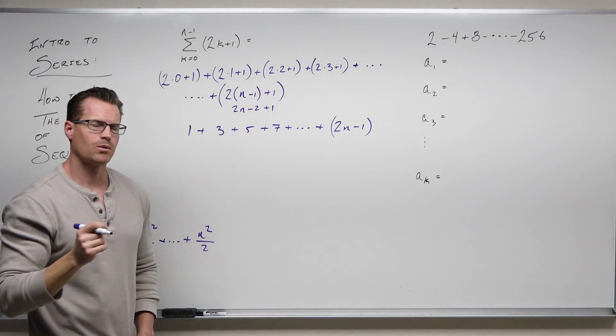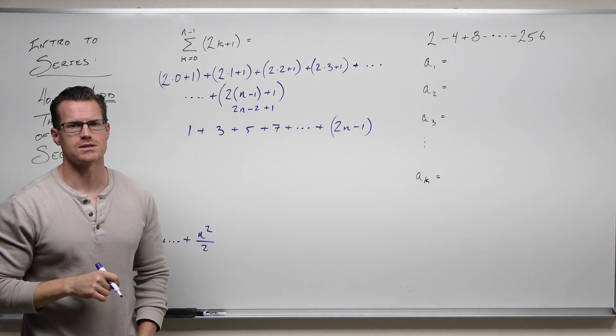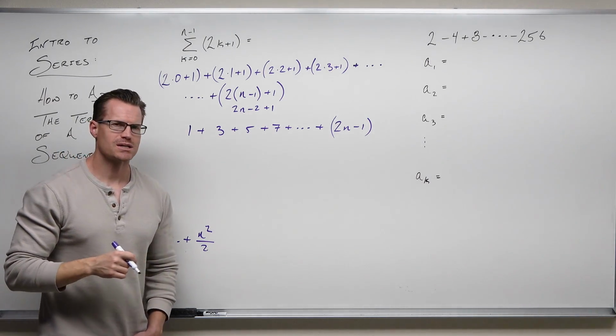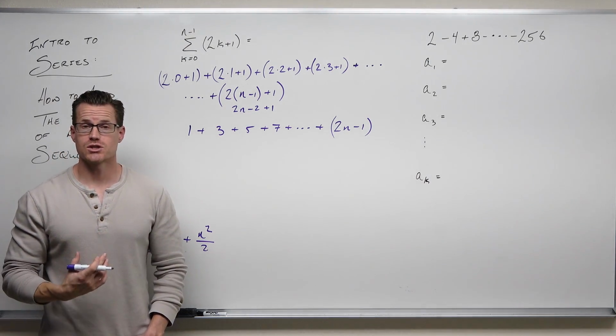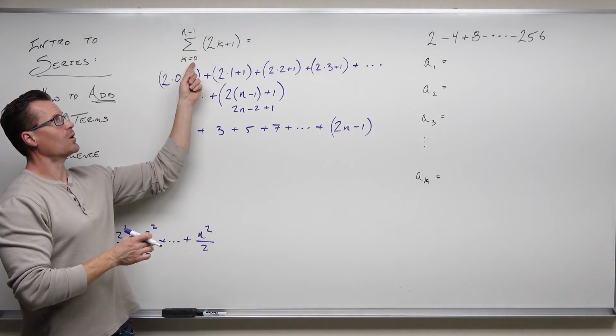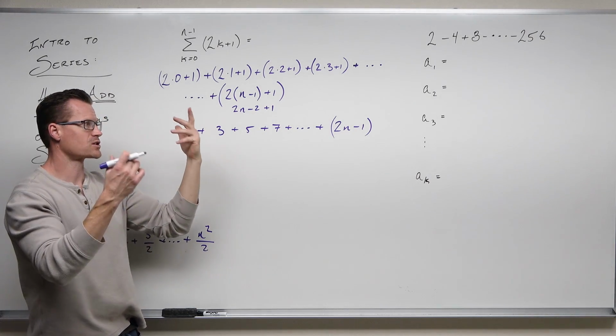Isn't that exactly what we got for odd numbers in the last video for sequences? Yeah, that's it. And this is really interesting because if you notice this, you can define odd numbers 2 different ways. You can define them by, what if I started at 0? Well, then I would have to have 2 times 0 plus 1 to get 1. What if I started at 1?